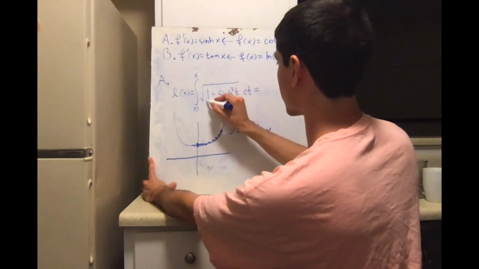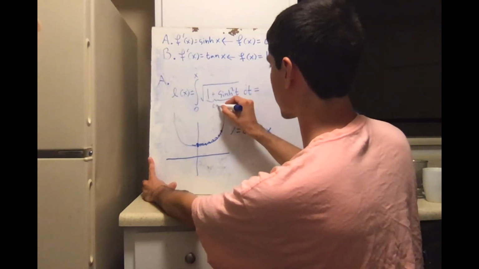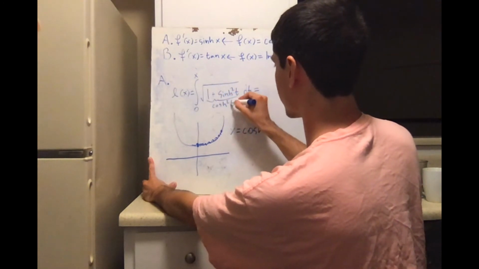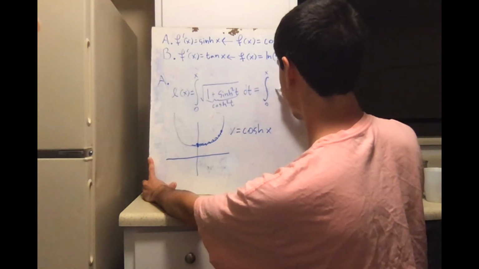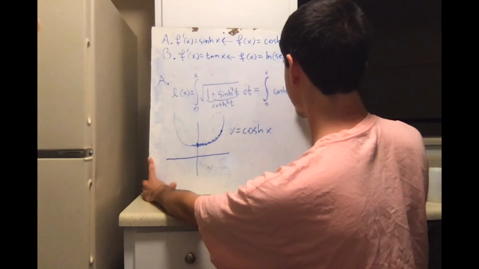This right here is cosh squared of t, so we just get the integral from 0 up to x of cosh t dt,